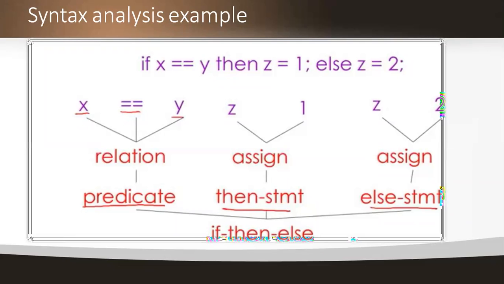X is equal to y, then z is equal to 1 is the assignment then-statement, and z is equal to 2, again an assignment, is the else statement. For this we need to draw the hierarchical structure.